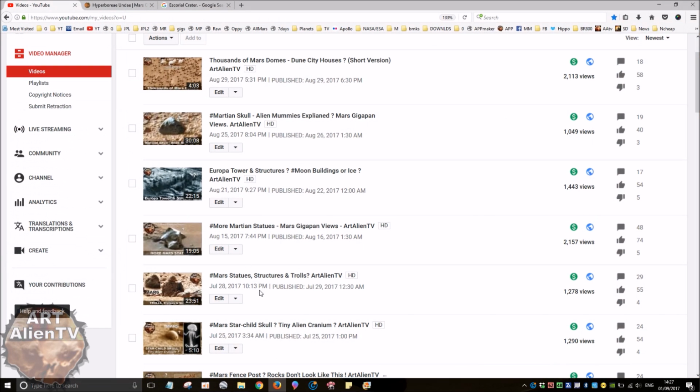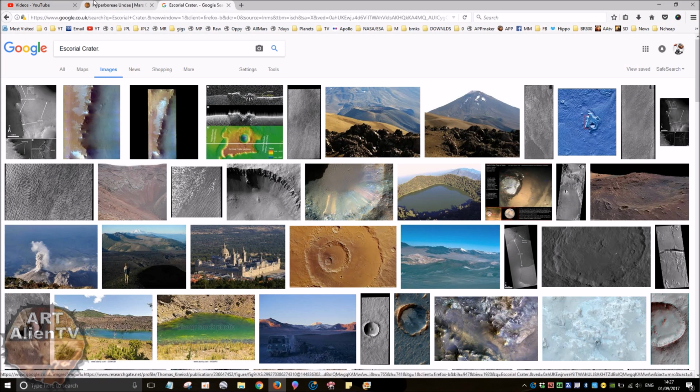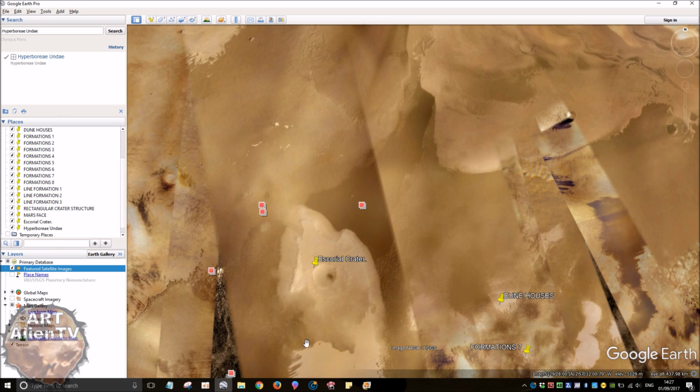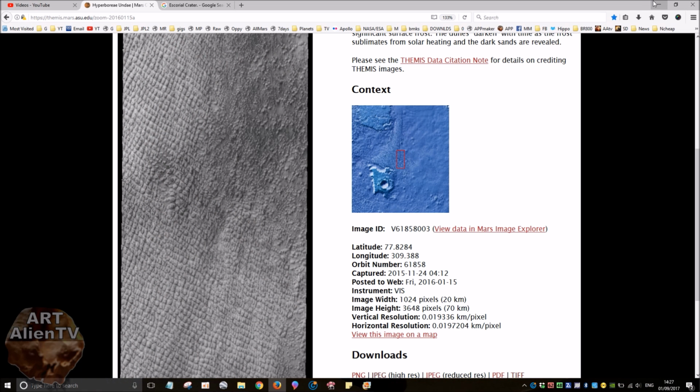And if you look on the page, it gives you a little sort of indication of where we are in this image. So you've got the crater here, and it's just up to the right. So that gives you a pretty good indication. So we're approximately here, not exactly there, but probably a bit further up. Okay, so what was I going to show you? Right, I was going to show you a picture of